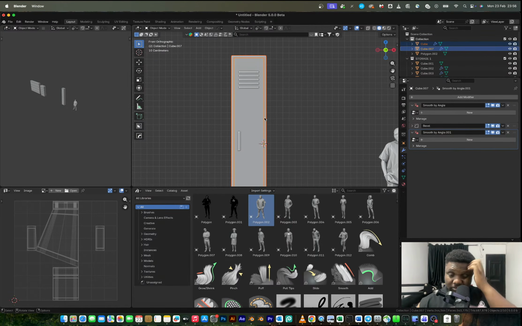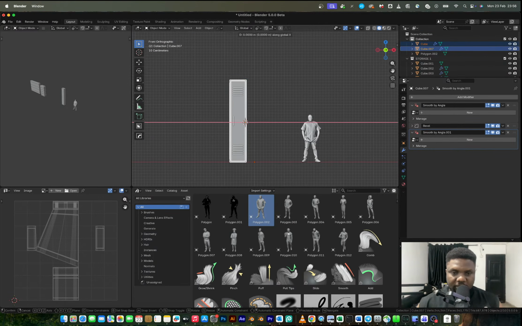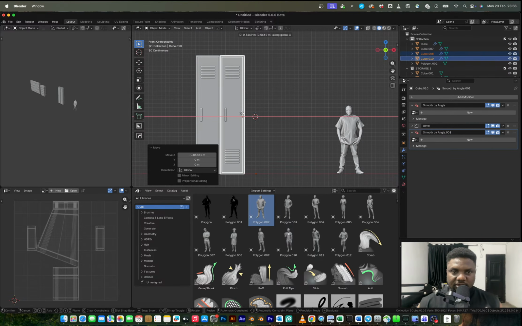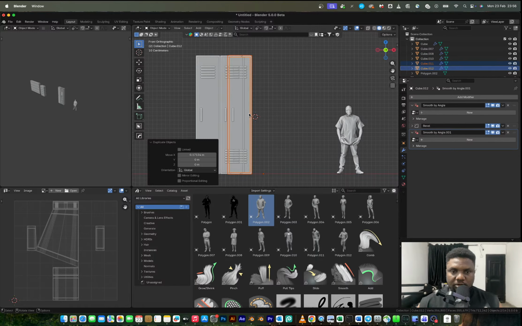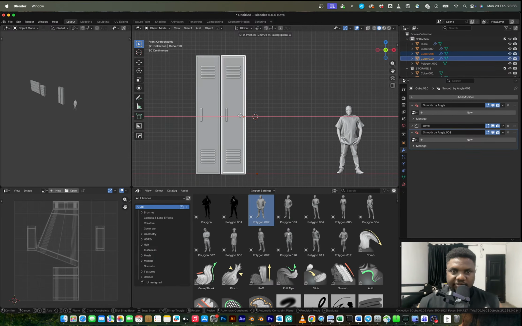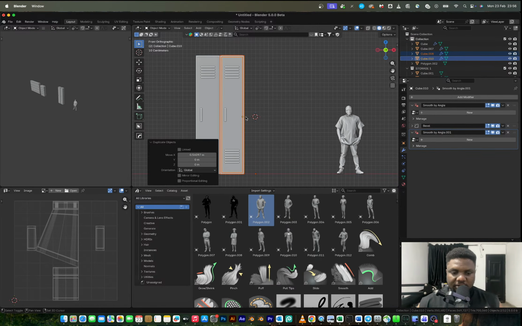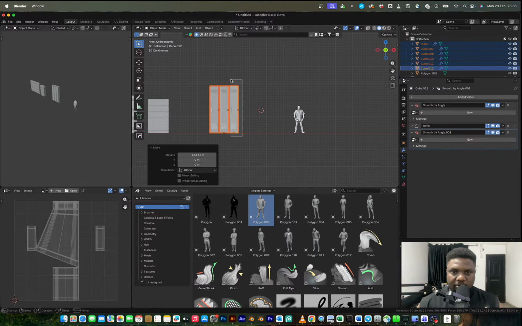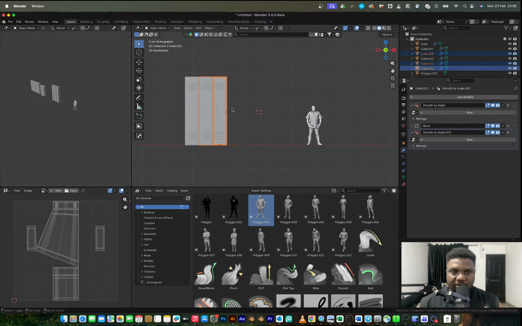Or I can GX, shift the X. Let's do that again. Shift the X. Repeat that, and that is one of them. Right? We can also have another one where we